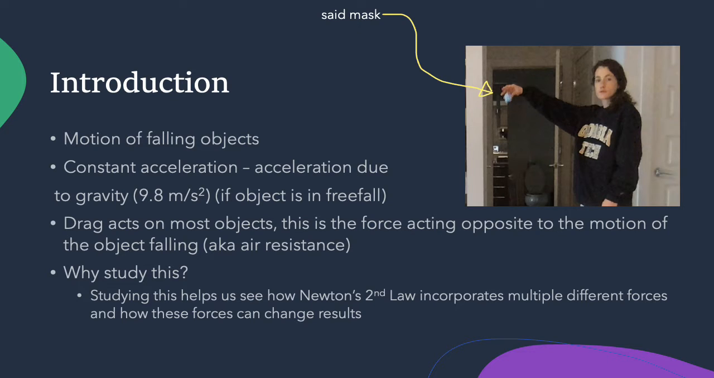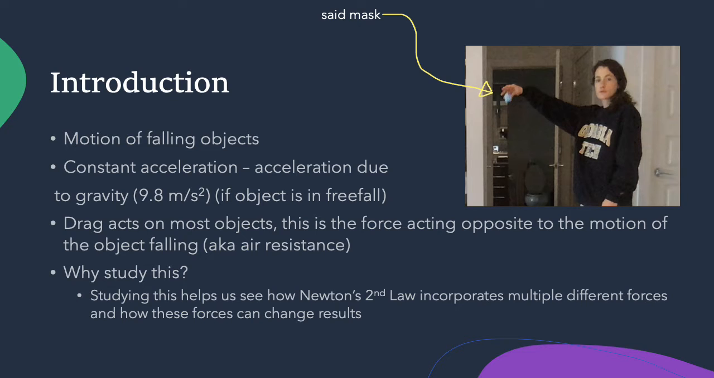This lab was focused on the motion of a falling object. This is important for us to study because it's a good example of constant acceleration. That is, assuming the object is in free fall with negligible air resistance. The acceleration acting on objects in this state is the acceleration due to gravity, which is equal to 9.8 meters